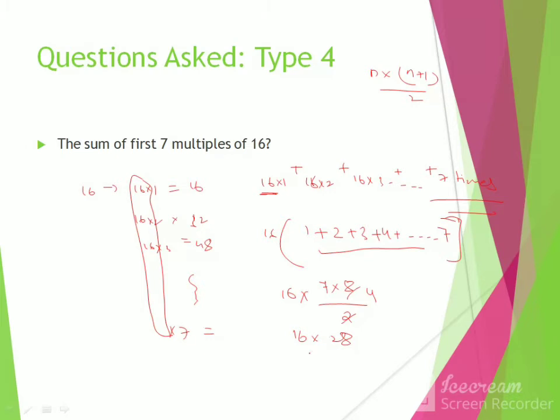Now again, these numbers will be quite big. You need to go through the options, in which 8 sixes are 48. The unit place is 8. If there is 8 in the unit place in two of the options, then you need to go for multiplying this simply. So 28 into 16 is nothing but 8 sixes are 48, 4 carried, 6 twos are 12 plus 4, 16. Now 28 into 1 is 28.